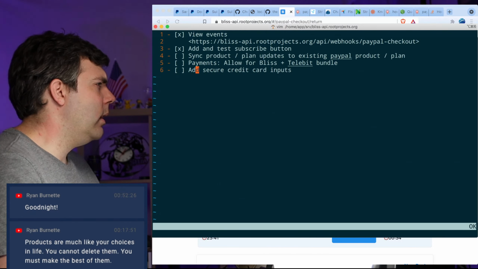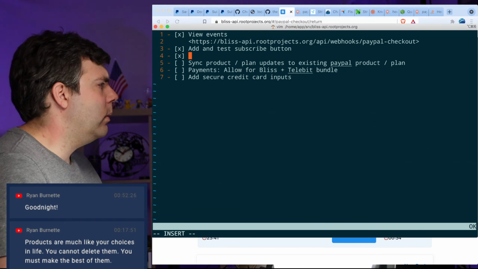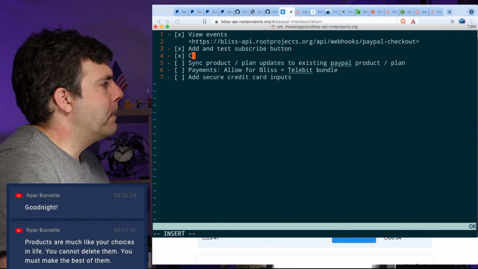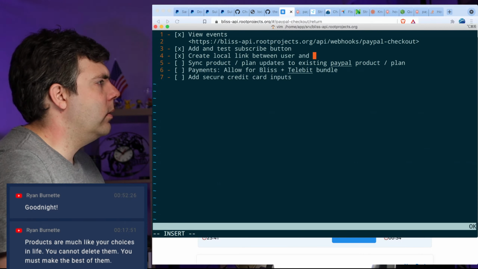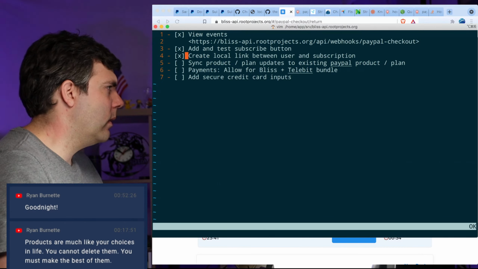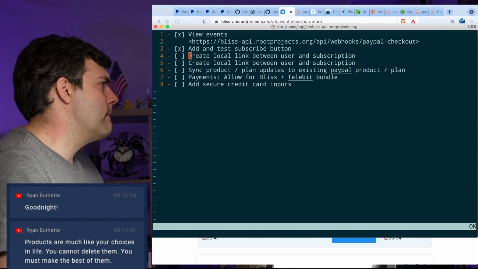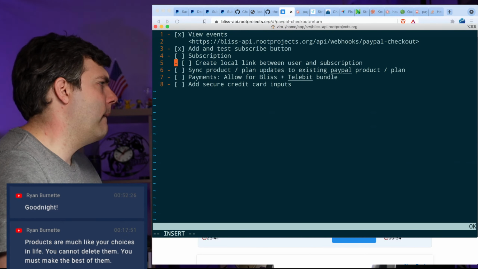I've mostly got this sync thing working out. So what we need is to create a local link between user and subscription. That's what I need to do.